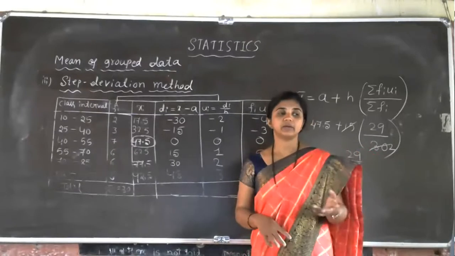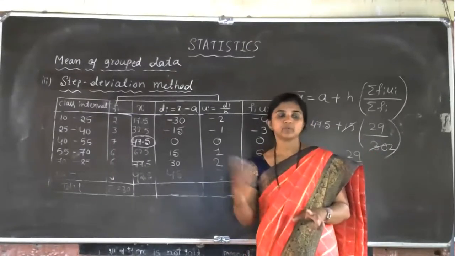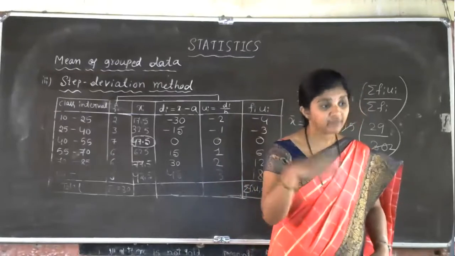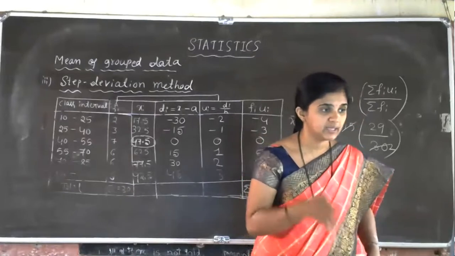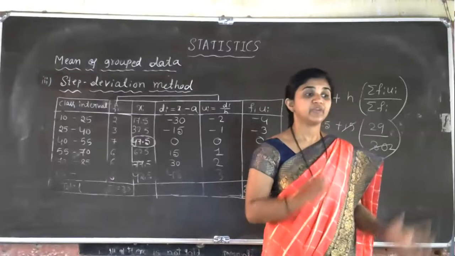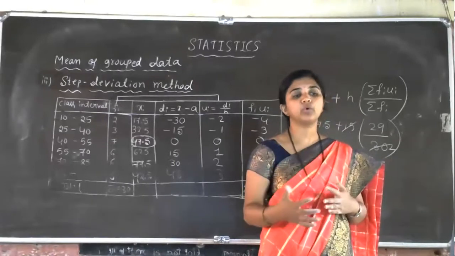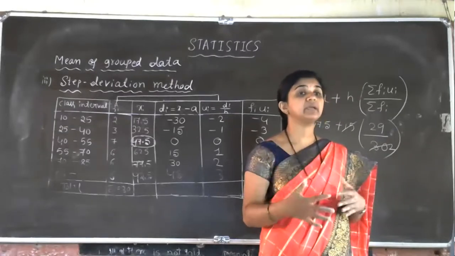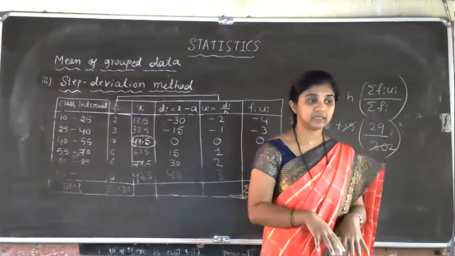And this works even if the class sizes are different in this mean concept. But we cannot solve median and mode for different class sizes. We can solve it, but that topic is not discussed in your syllabus. That statement is also given in your textbook. If the class sizes are different, how do we solve the median and mode? There is a trick to find the mean, mode and median for different class sizes, but that was not discussed in the 10th standard book.